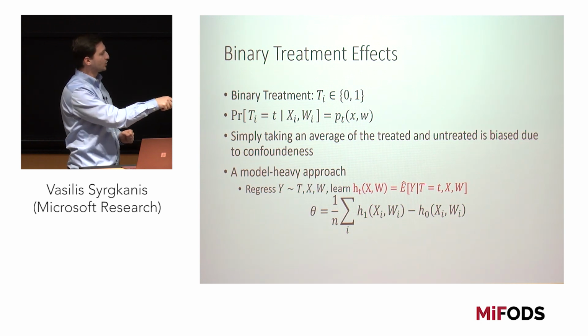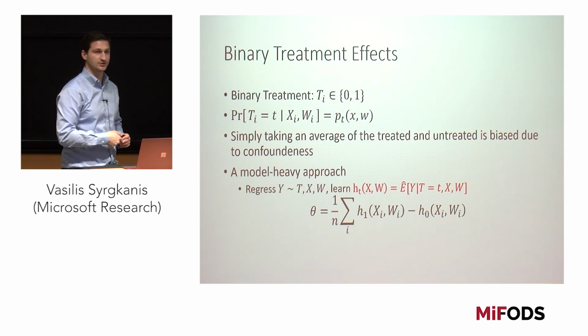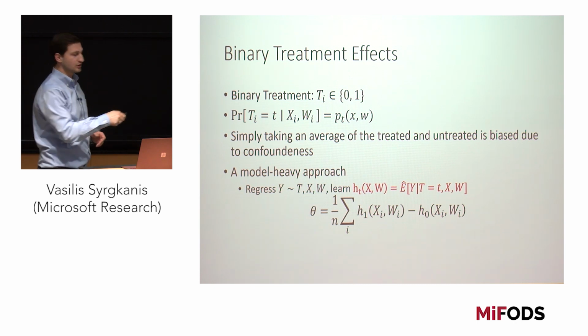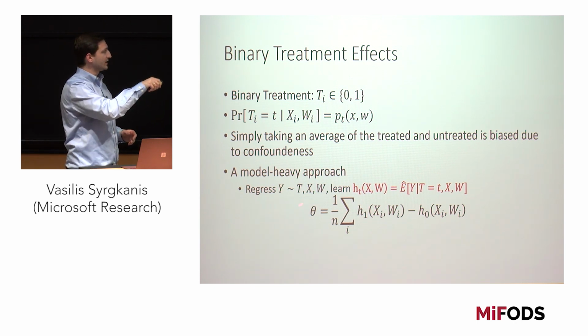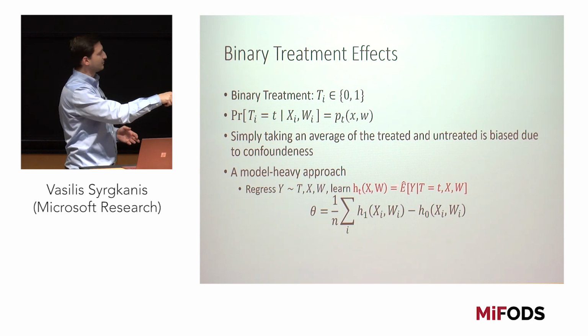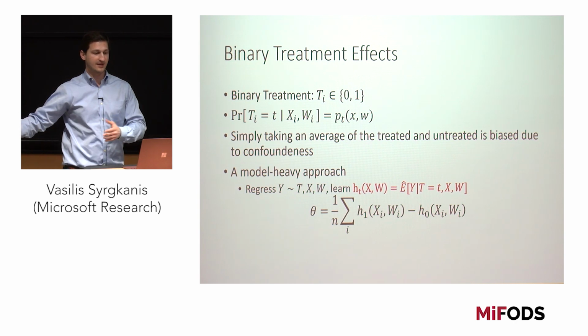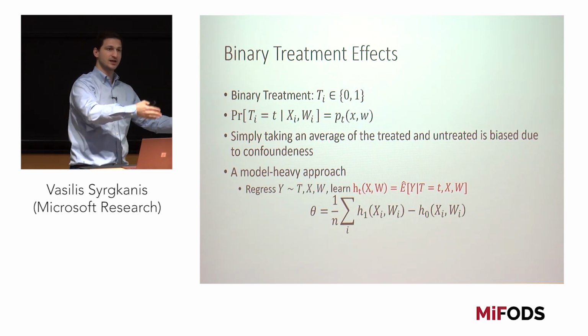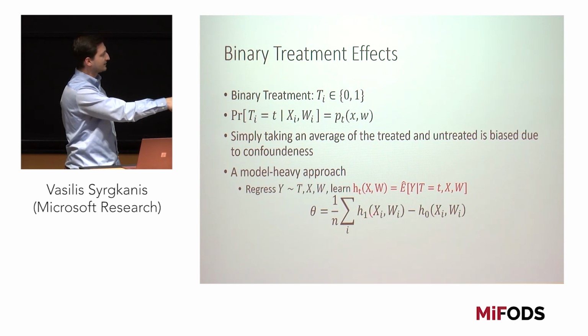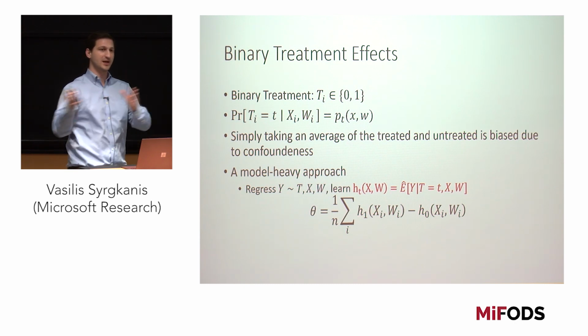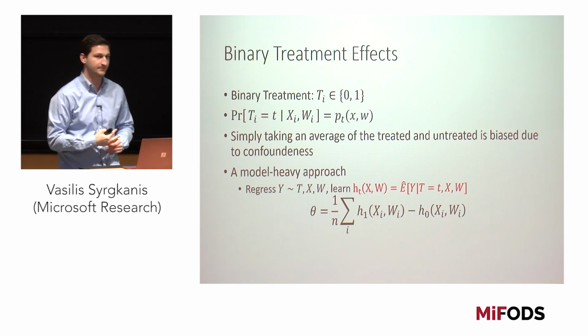So you could apply your model that you learned for t equals 1 and apply it for t equals 0 and then take the average over the whole population. This is a very model-heavy approach because essentially what you're doing here is you're learning a model that learns, for instance, the mean outcome from the treatment population and then applies that model on the untreated population, because you're going to apply this function on both the treated and the untreated. And so you're doing some form of domain adaptation, and that might also perform poorly.